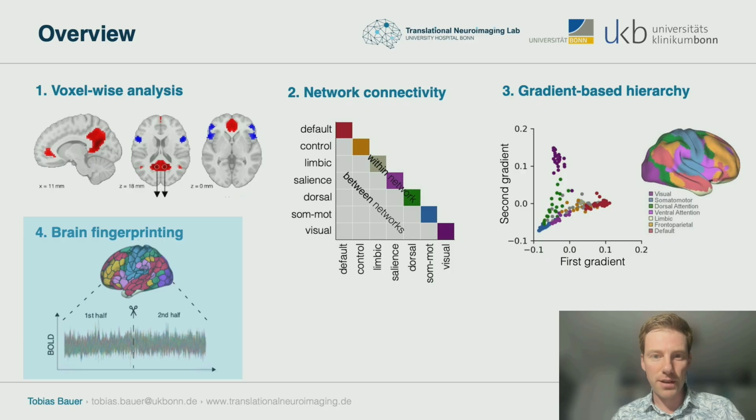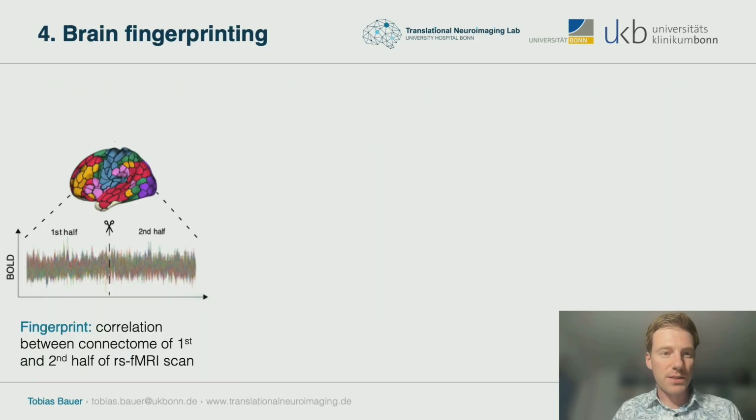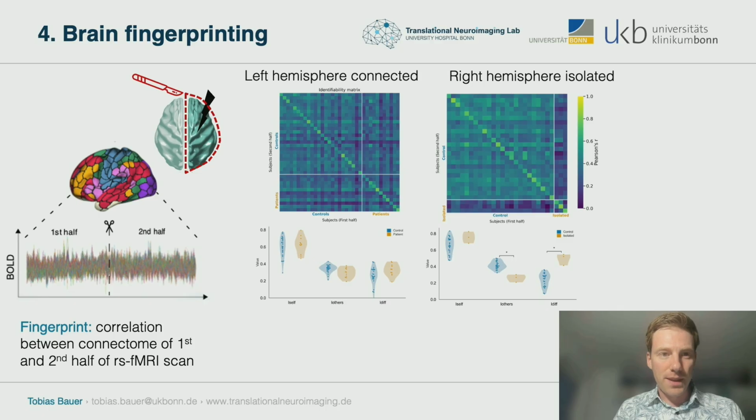So now let's move to brain fingerprinting as the final approach. For brain fingerprinting, we split the BOLD time series into a first and a second half of the resting state fMRI scan, and then we calculated separate connectomes from the first and from the second half of the resting state fMRI scan. And the fingerprint basically is the correlation between the connectome of the first and the connectome of the second half of the MRI scan. And we did this for all the controls and all the patients, and then what we get is a so-called identifiability matrix,